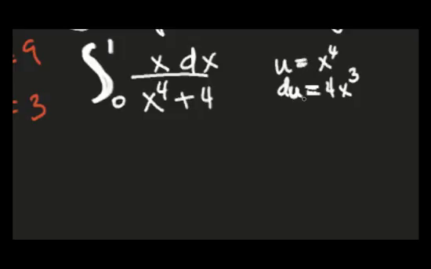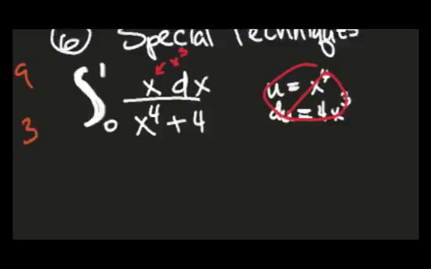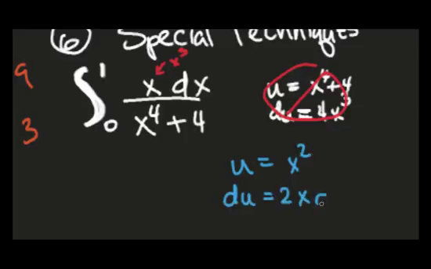Good. So you see that at this point, that's not going to work because I don't have an x cubed term up here. I would need an x cubed, and because I don't have an x cubed up there, I can't do that substitution. And actually, I should have had x to the fourth plus 4. That way, when you let du equals 2x dx, and now we have an x to the first power, and it can cancel with that x, so we're in business. So when we do that,